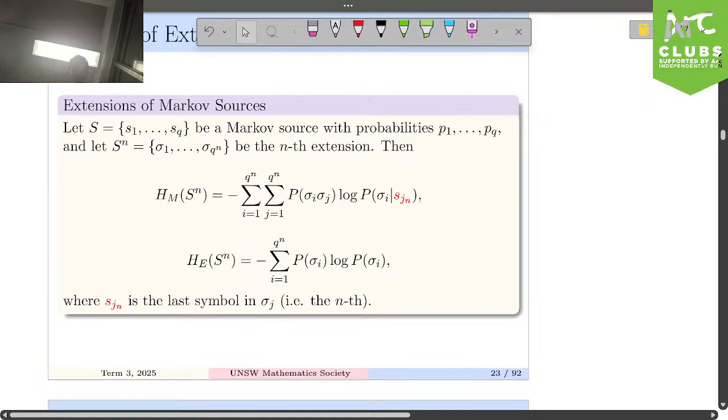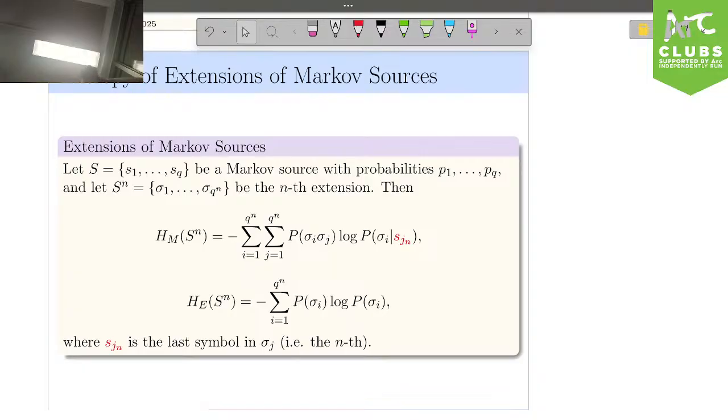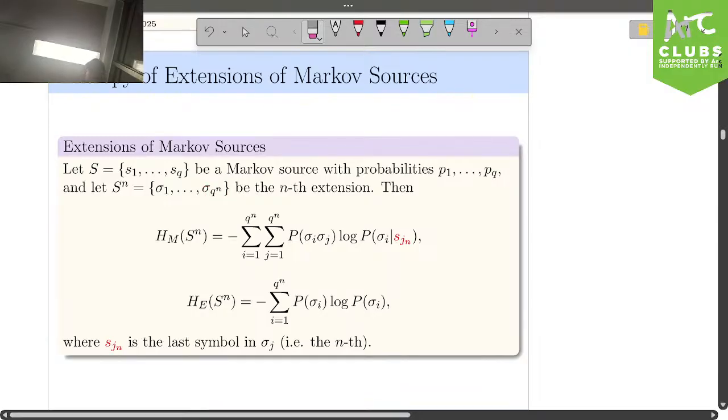Okay, so in this case you can get these types of ghastly looking summation expressions where we can apply that same idea of Markov extensions. Similar to what we saw before, we are going to be extending to get all the different q to the n, because we're looking at n different symbols, and there are q choices for the first one, q choices for the second one, q choices for the third one, so there'd be q to the n total choices. So what we can look at again is the Markov entropy for that. We can compute the conditional probabilities, which is a bit tedious, but you can, of course, do it. You can also get the equilibrium